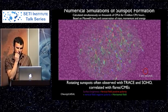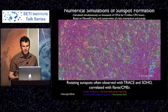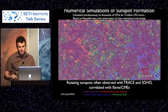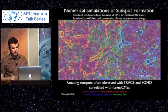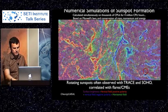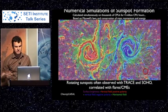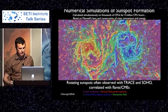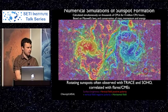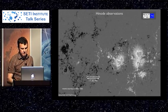And one of my colleagues at Lockheed has done really amazing simulations, Mark Chung, that essentially simulate that whole outer layer of the sun's interior, the convection zone. And what he's done is calculated, using thousands of CPUs at the same time for millions of hours, what would happen if you introduce a magnetic field at the bottom and how that pops up to the surface. And if I start that movie again,